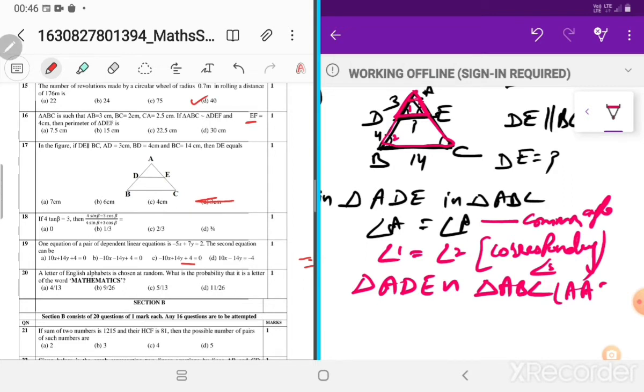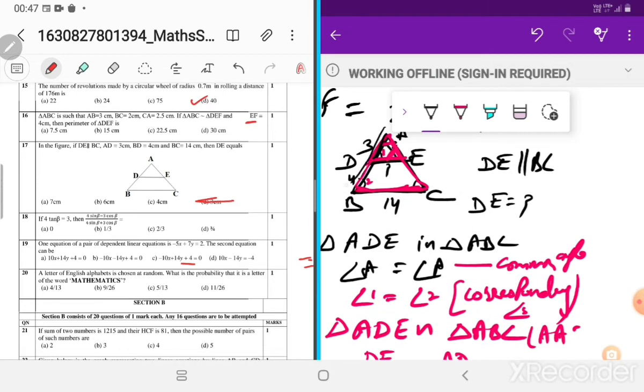This angle A, the part in front of angle A, that is DE. So which ratio we can take? DE upon the other angle again A. So which side in front of that angle A? BC. So DE upon BC is equals to what? Angle 1, which side? AE upon AC. But this is not given, so we can consider this side in front of angle, this one. So AD upon this full side AB.